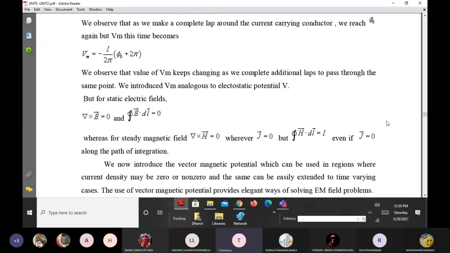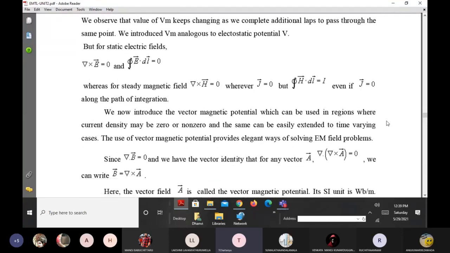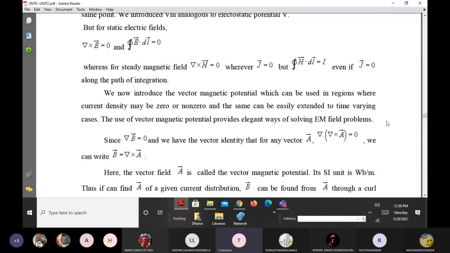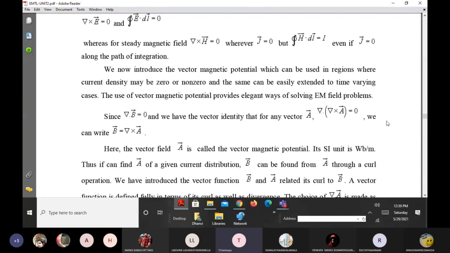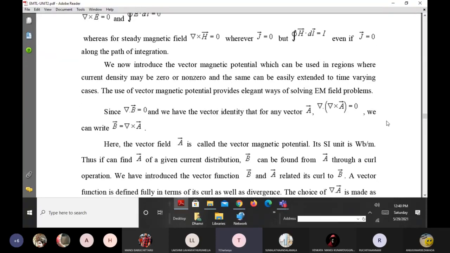Now let us see the magnetic vector potential. So I have been considering two non-zero elements, A and B, which are two vectors. In the last case we saw the magnetic scalar potential, so that is why I can represent the electric potential as a scalar element. But here we need to see the magnetic vector potential. For that I have been considering two vectors. One is A bar and the second one is B bar. So let us consider these two are vectors.